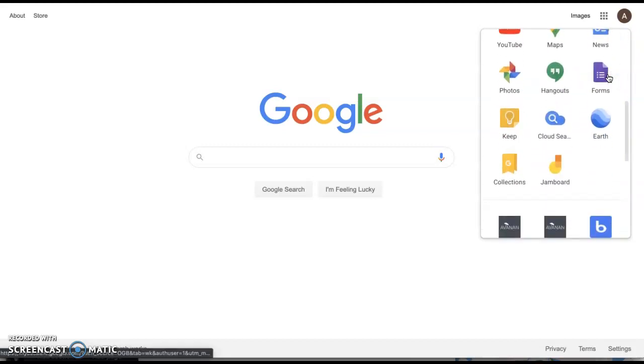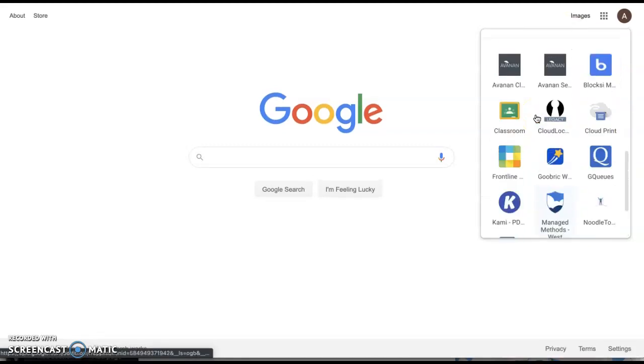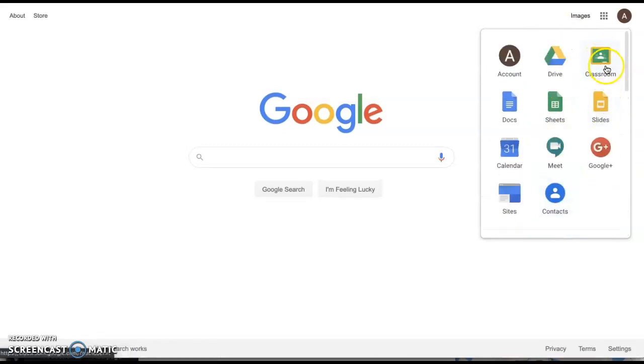Now, usually it could be here in the bottom, or you just have to keep going all the way down, but this is how it looks. It looks like this, like a little chalkboard. You're gonna click on it,